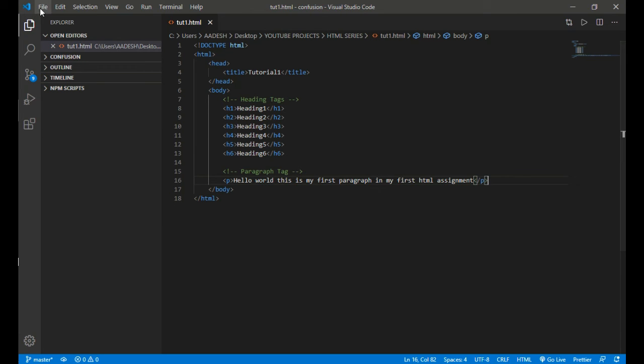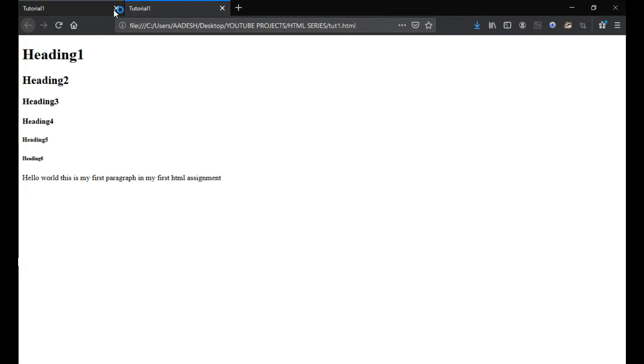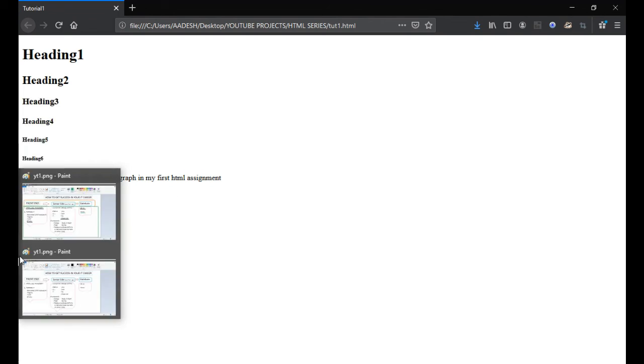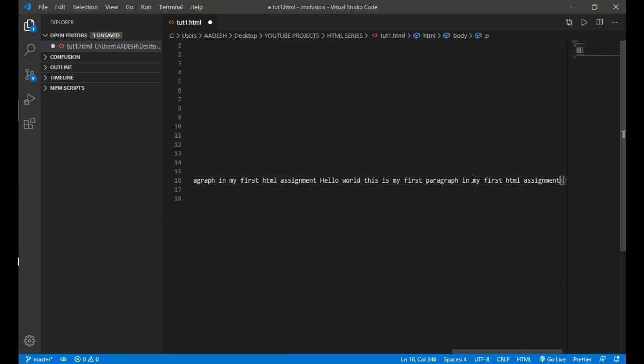Okay, so let me save this file first, and then let's go back to our browser. Double click on the file, and here we open our browser, and you can see the line. So in our paragraph right now there is only single line, that's why we cannot see much more change. But if you will enter a large amount of text, then you can surely see the difference between the heading tag and paragraph tag.